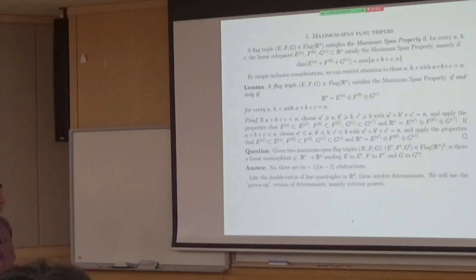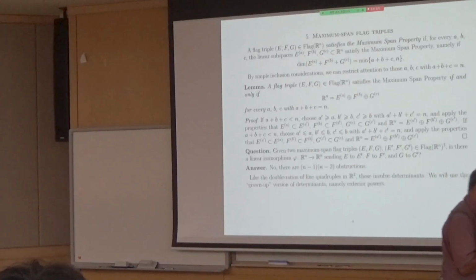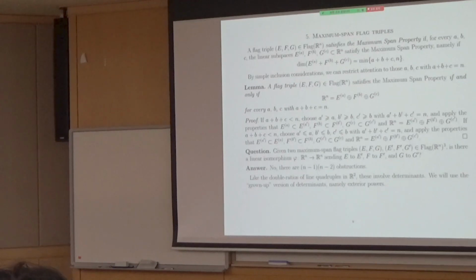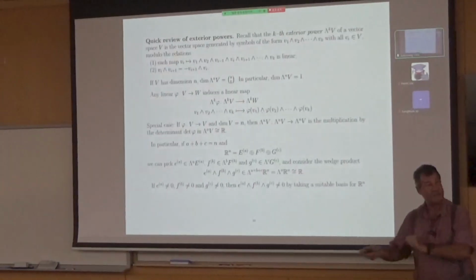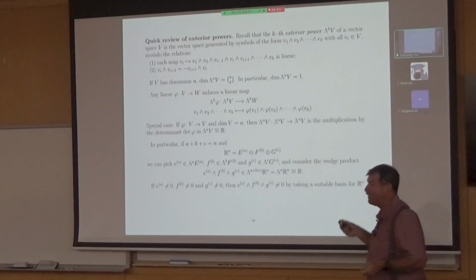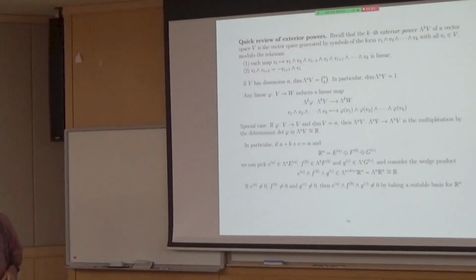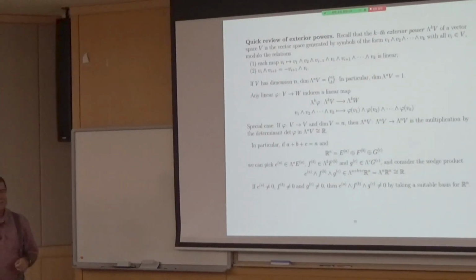And they involve determinants. Okay, so Su-Young said, you have to be very elementary. So in particular, that's why I started talking about determinants. But now we need the grown-up version of determinants. So that's where this slide is coming from. Namely, we need exterior powers. I think here everybody knows about differential forms and therefore exterior powers. Let's do it anyway.